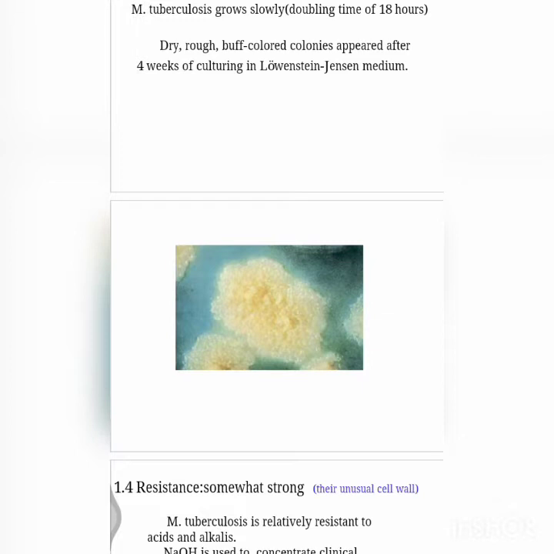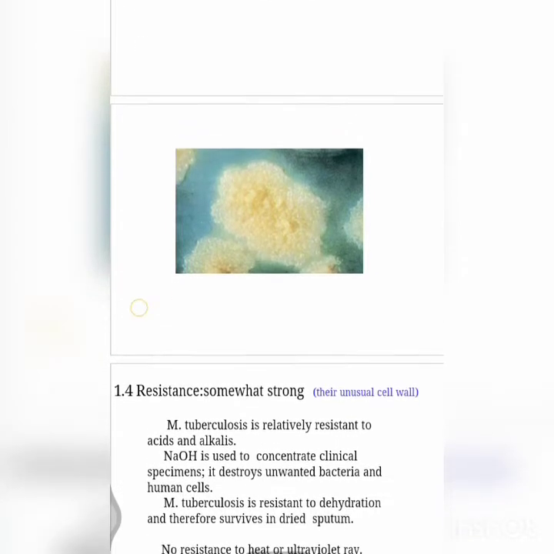For biochemical tests, we need to see some tests we use here to identify mycobacteria. Niacin test, neutral red test, aryl sulfatase test, nitrate reduction test, amidase test, catalase and peroxidase test, susceptibility to pyrazinamide, susceptibility to TCH. What is TCH? Thiophene-2-carboxylic acid hydrazide. And we also use Tween 80 hydrolysis. So these are some tests we need to do to identify this, and also to see how resistant they are.